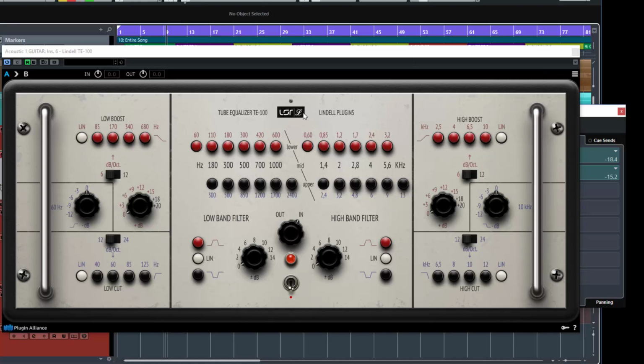Okay, so the plugin itself is broken up into several sections, which you can see with the line separation here. Our first section, we've got a low shelf boost section. Then we've got an attenuated low shelf. You can see the little shape there. There's a shelf, and I said attenuated, so it's only in the negative. And it seems to be at 60 hertz. Then we've got a low cut section here,